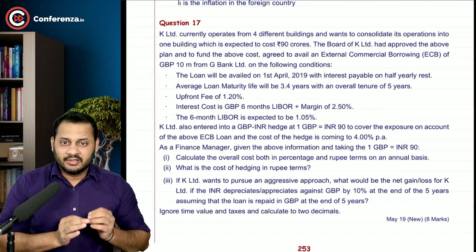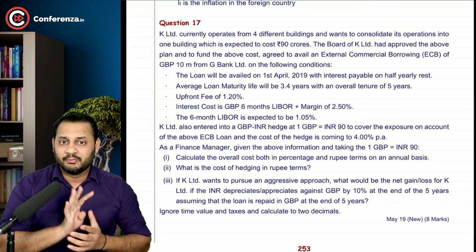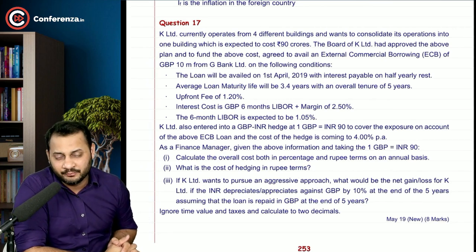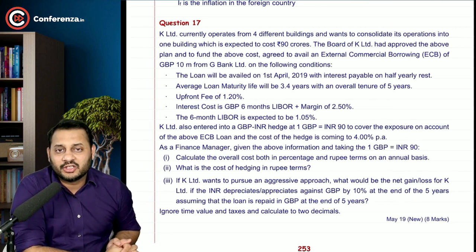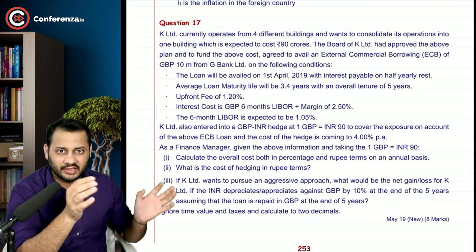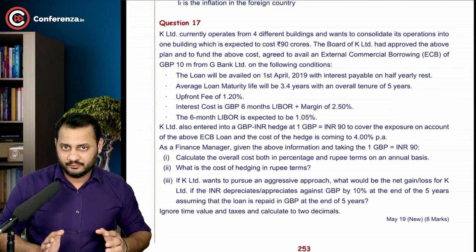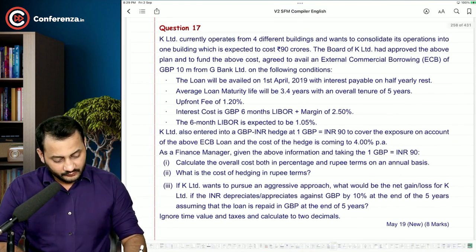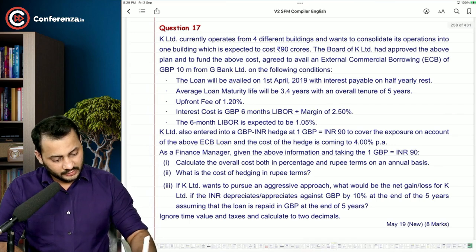K Limited currently operates from 4 different buildings and wants to consolidate its operation into one building, which is expected to cost around 90 crore rupees. So we are operating from 4 different buildings and we want to shut down everything and come to a single building. The entire operation will cost around,